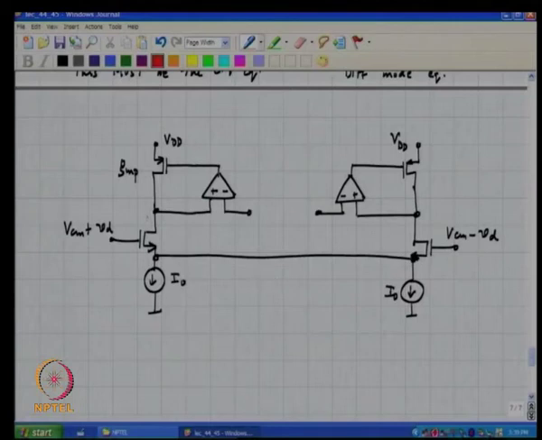What about the differential mode impedance at the load? The op amps are ideal,